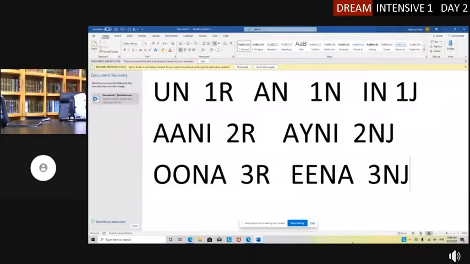Yes, and also if they are just looking for the notes, you know how I have written up here Dream Intensive Day 1 or Day 2, I can just make a constant URL for the notes. Yeah, there's a couple of things though that keep popping up, so I think it'd be easier if I can just edit something on the fly. Yeah, you can click share screen, and that should be okay. But there'll be a small box on the left. I think that'll be fine.